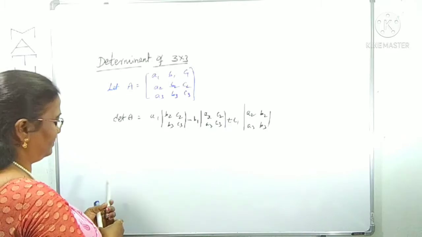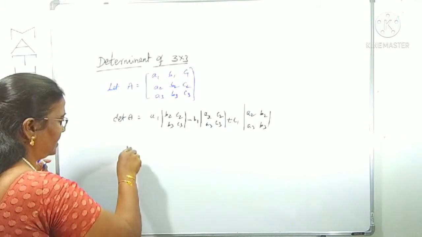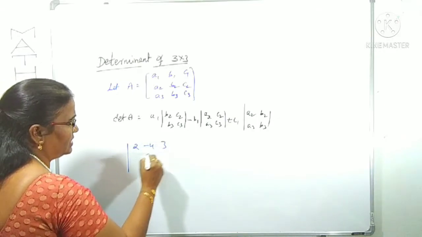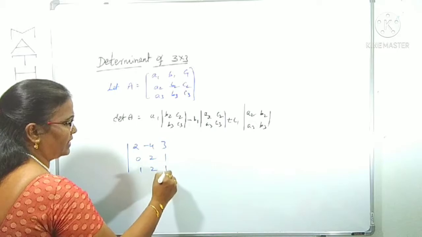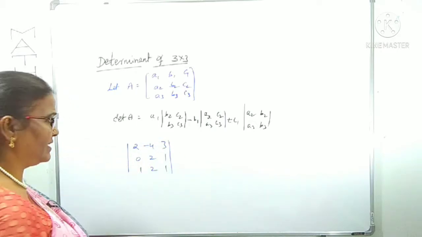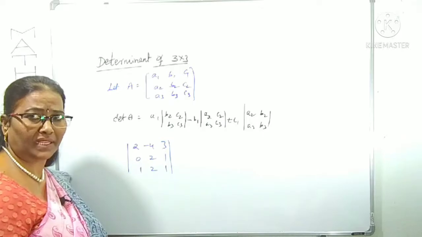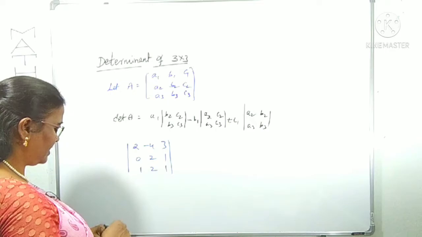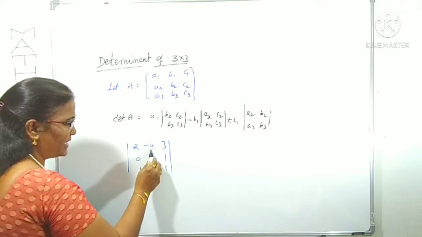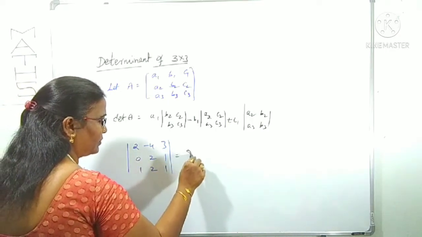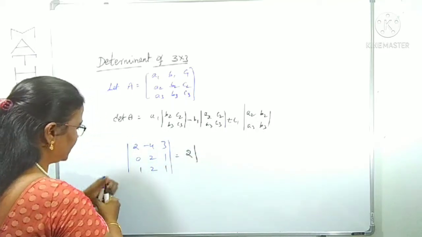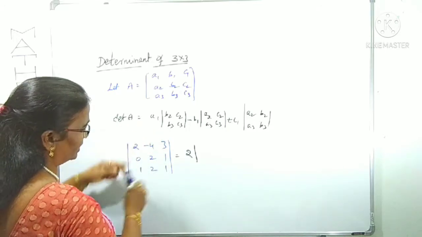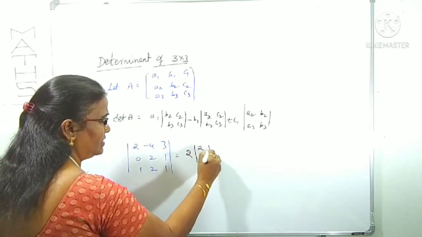Let us see this example. I want this value. I said to you the determinant symbol can be used like this also. 2 -4 3, 0 2 1, 1 2 1. I have given it like this. To find its determinant, this is nothing but that symbol I said to you. What is this value, tell me? Where is the first row? What are the elements in the first row? 2, -4, 3. 2 into the determinant of, 2 is in the first row and the first column. After closing these, what are the left over? 2 1 2 1, right? Its determinant 2 1 2 1.